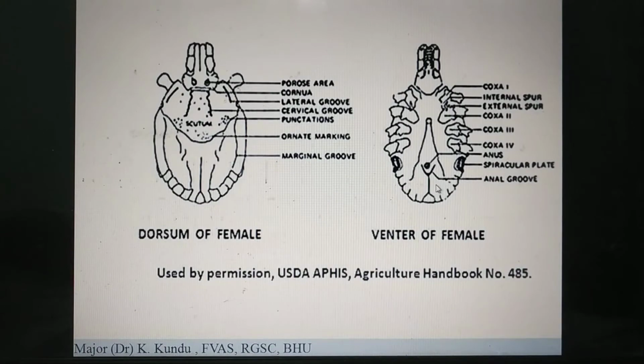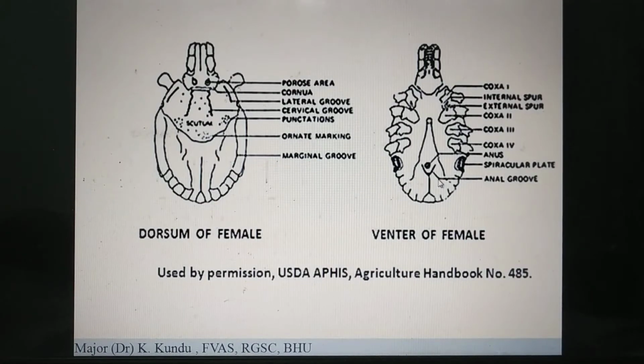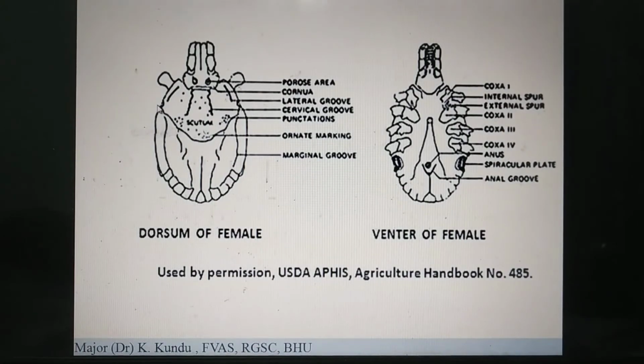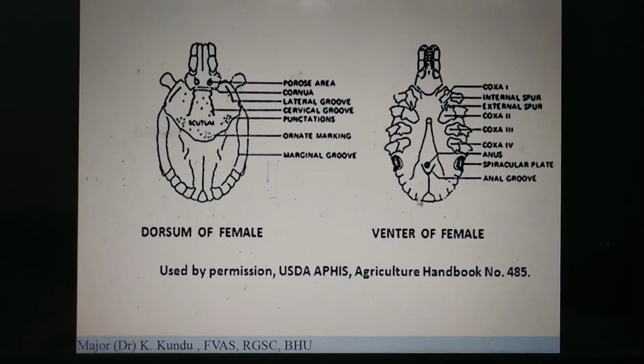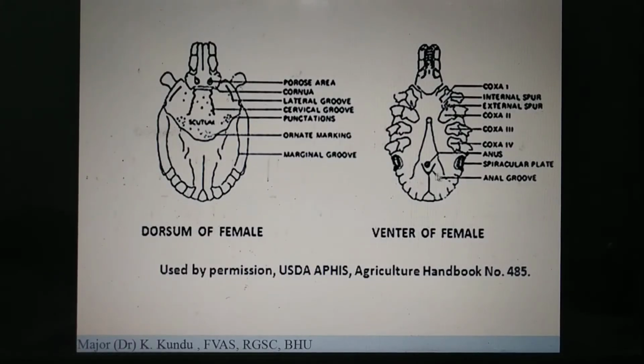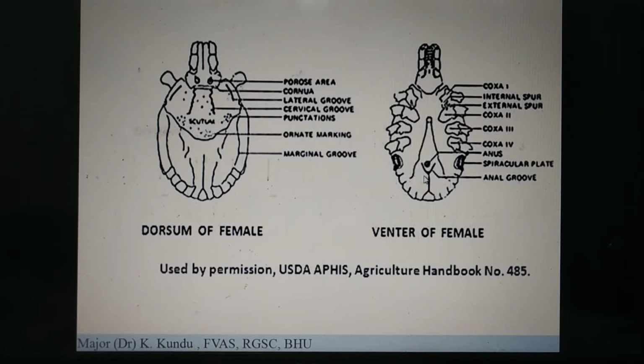Now as you can see, this is a female. Okay. Now see the scutum and the festoons. From the ventral side, you see the festoons. You see the spiracles. They are circular here, oval, and you see there are no adenal shields, anal opening, or posterior anal groove. That's all.